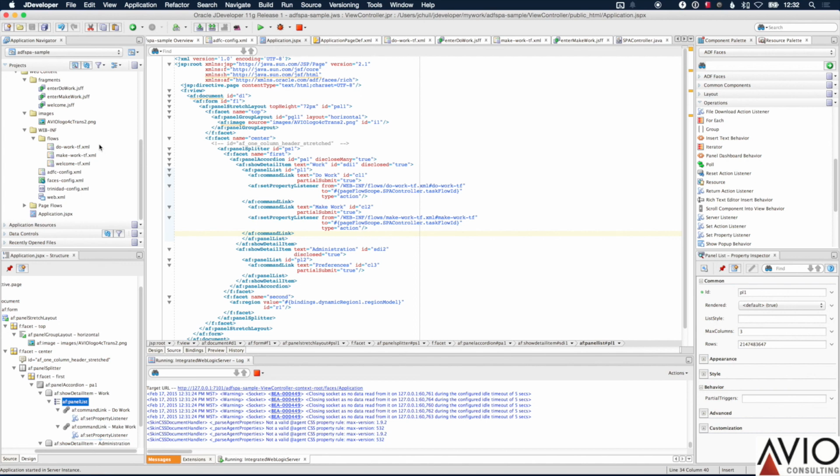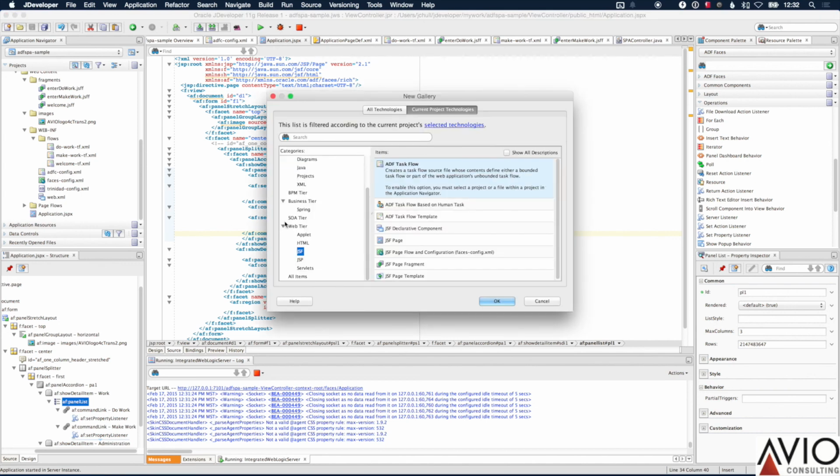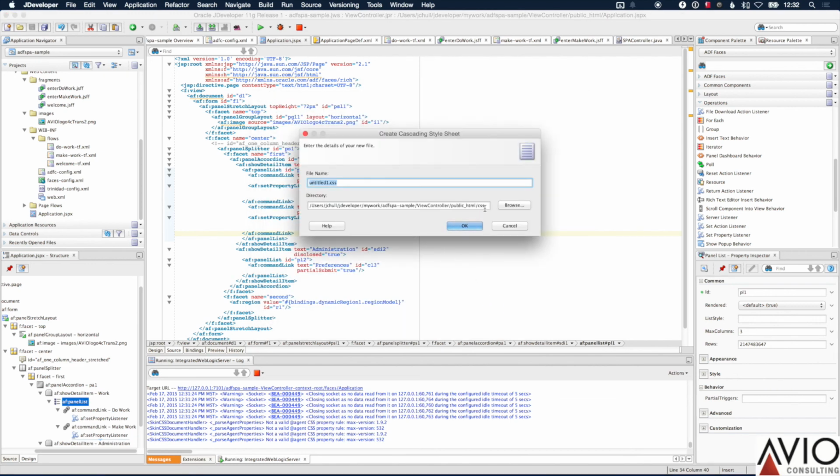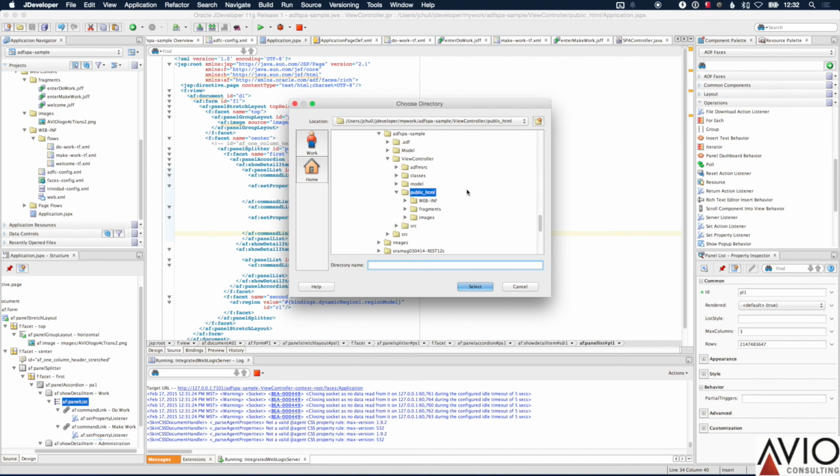Okay, so first thing, I'm going to create a new CSS file to serve as my skin. And I'm actually going to put it in a little different place. This is my preference,